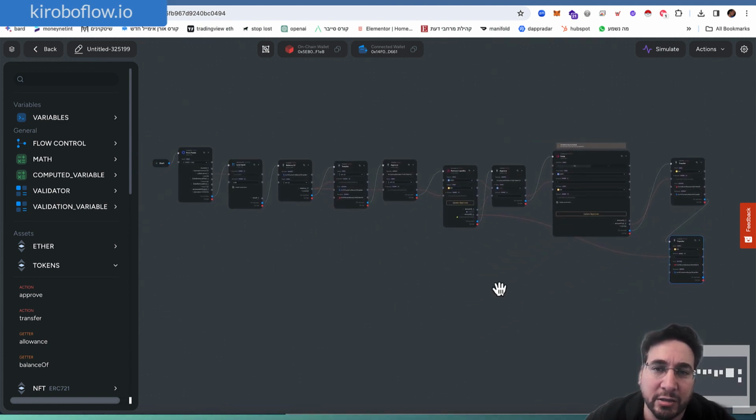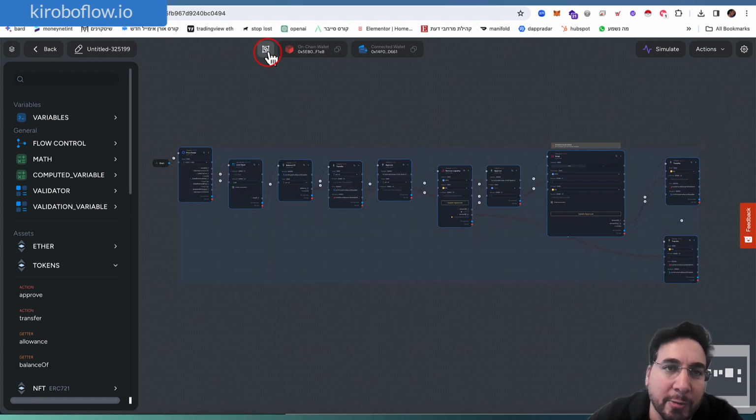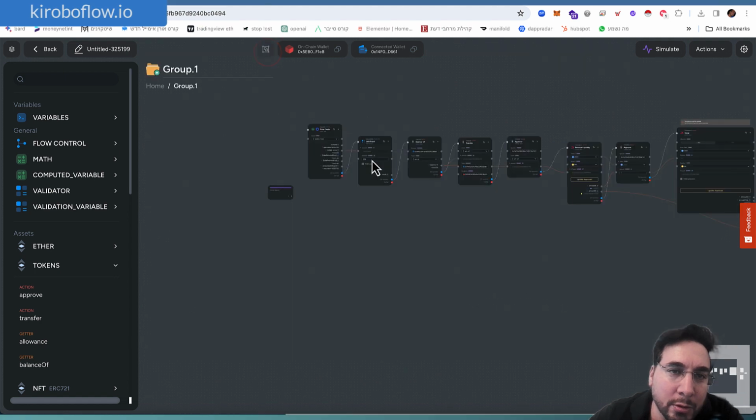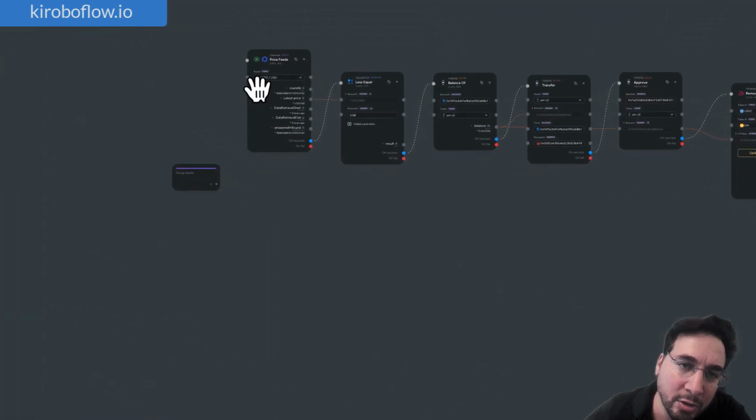Now let's create the app itself. By the way, you can simulate and see if there is a problem and if everything is working. What I want to do now is to select all of that without the start, and then I'm going to click on create group. The first thing that you want to connect is the De-Pegging option,